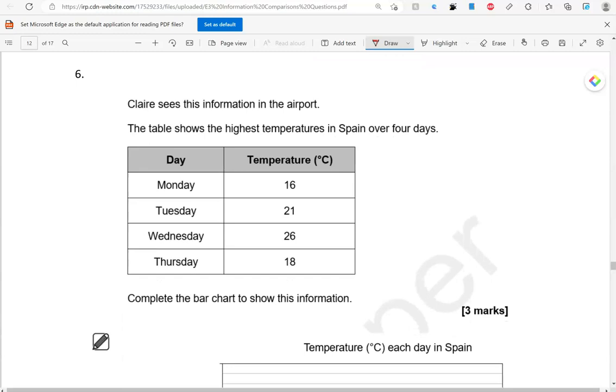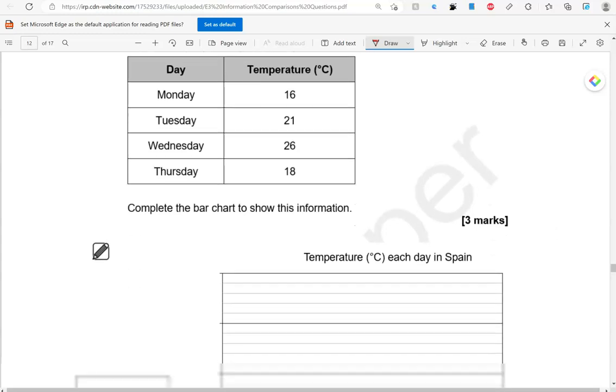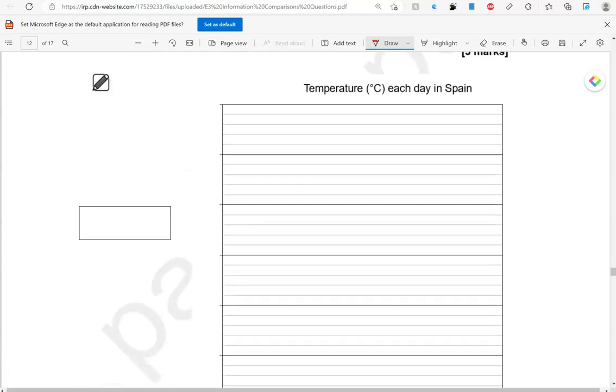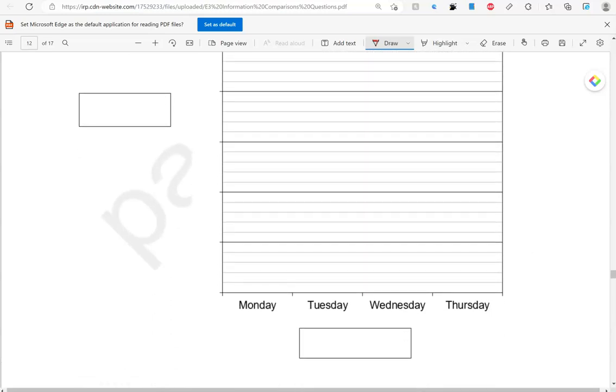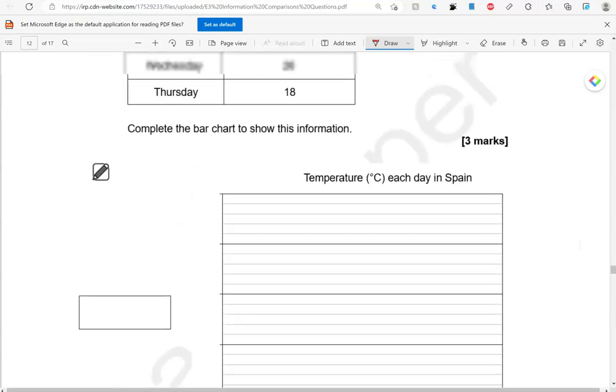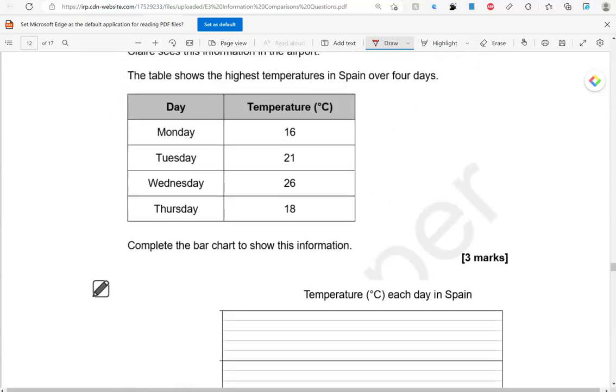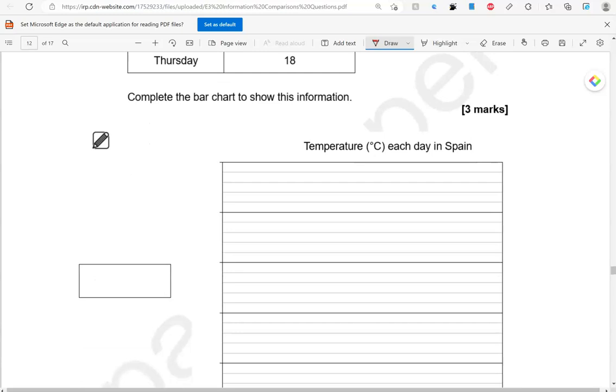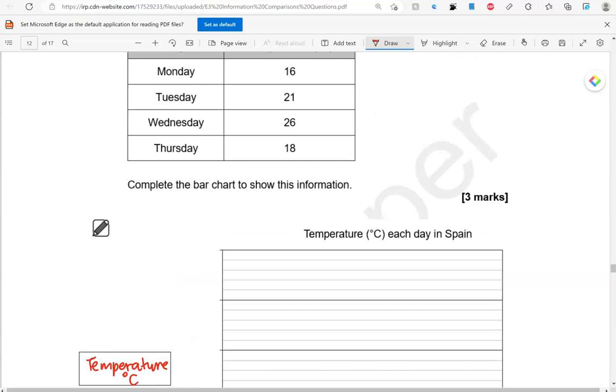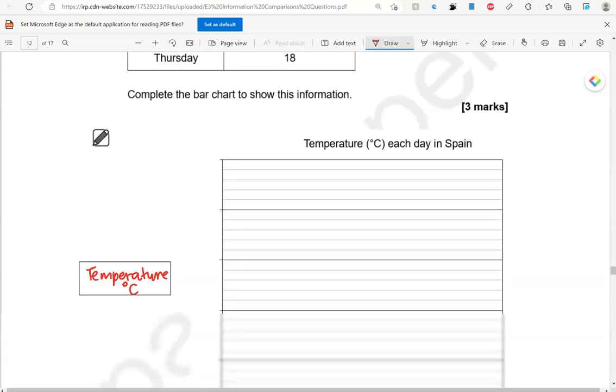Claire sees this information in the airport. The table shows the highest temperatures in Spain over 4 days. Complete the bar chart to show this information. So we've got days of the week, or just days, should be fine, and we've got temperature in degrees Celsius, Monday 16 degrees,